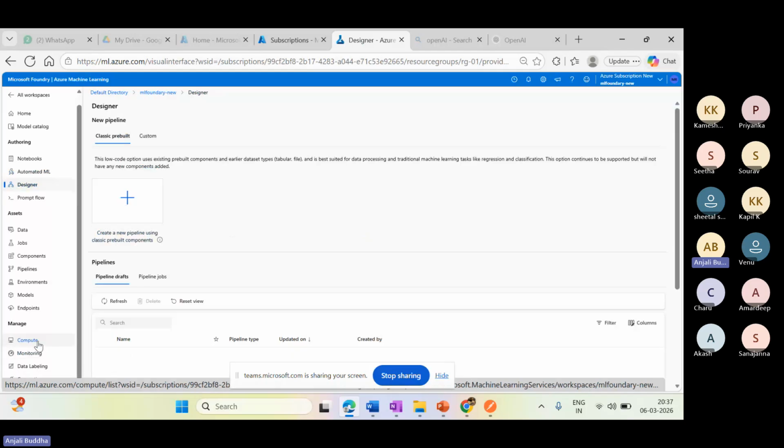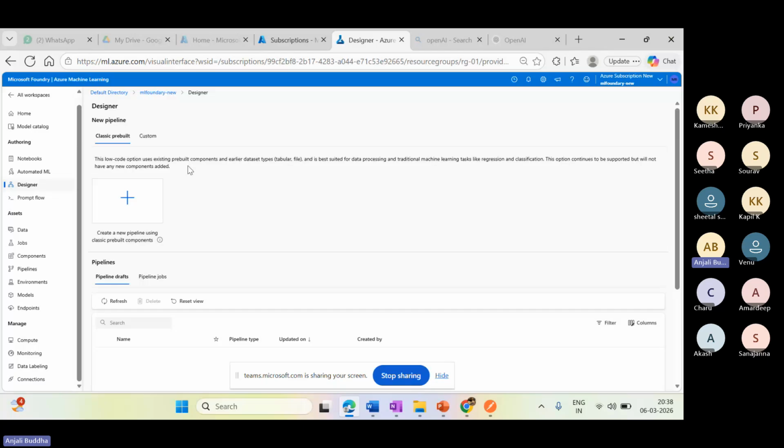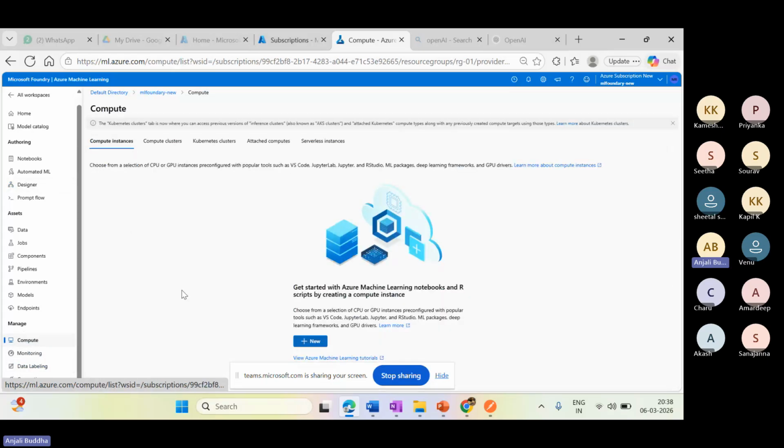Before that, I am going to create a machine learning configuration, but to run it I require a system, a compute environment. How can I get that compute environment? I have to create it here itself.